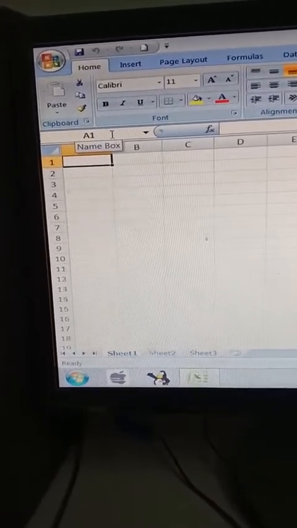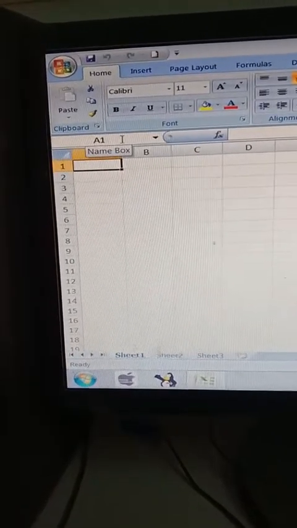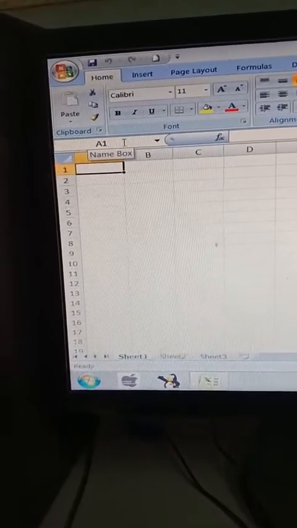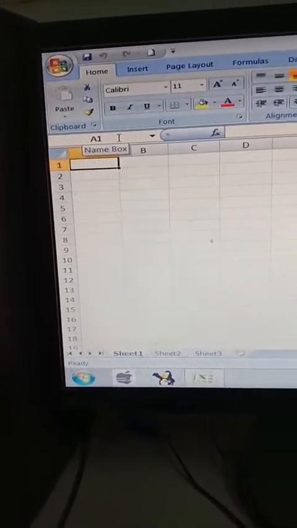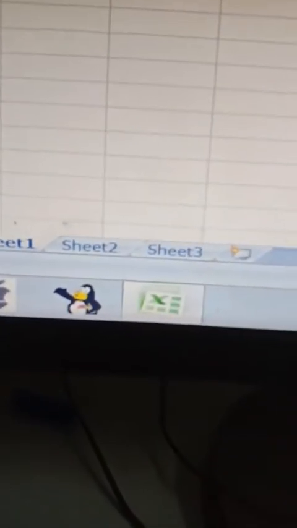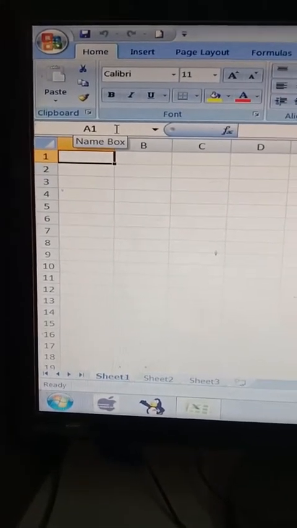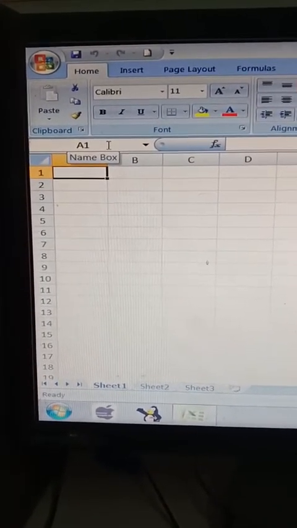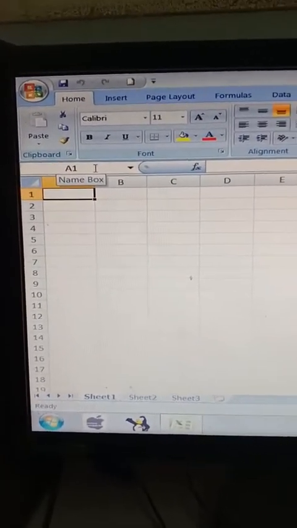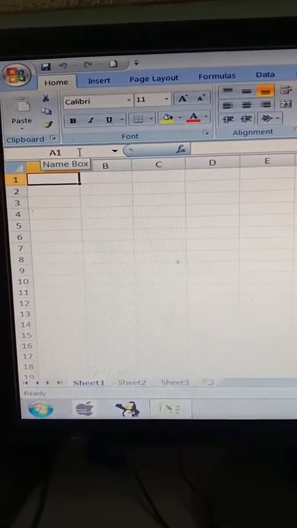Different types of spreadsheet software are Lotus 1-2-3, Microsoft Excel, Corel Quattro Pro, etc. So many of the times the students are asked about the different types of spreadsheet software. So the different types of spreadsheet software are Lotus 123, Microsoft Excel, Corel Quattro Pro, Open Office program such as Calc, etc.